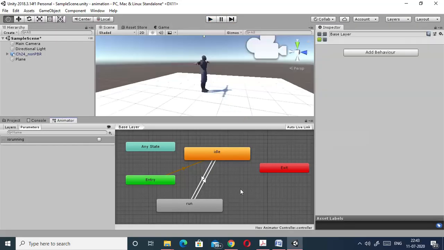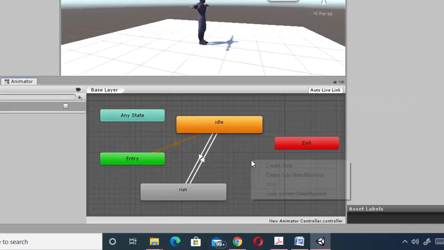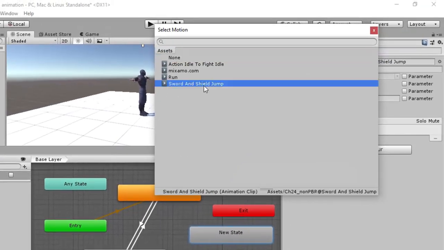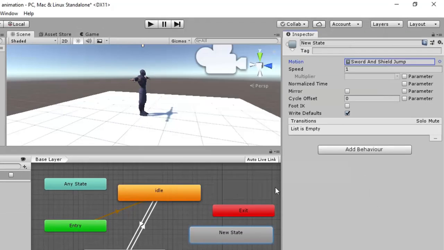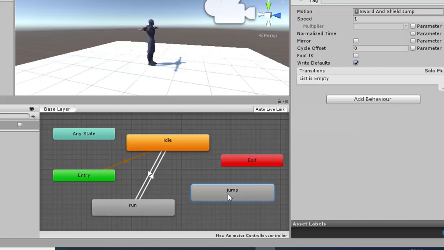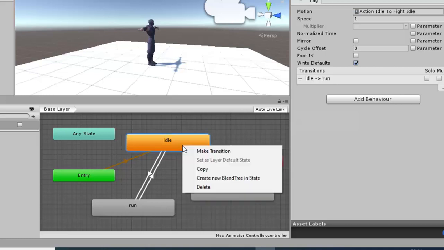Okay, similarly we'll create another state and we will provide it jump and rename it also. So I want that our character can jump from idle state as well as from running state. So we have to create the transition from both the states, means from idle state as well as from running state. So just click here, make transition,